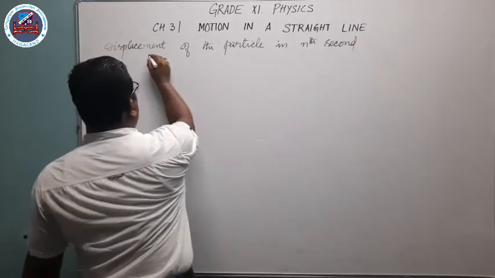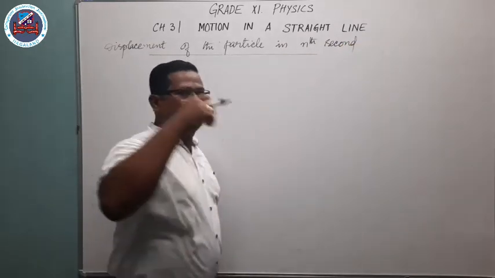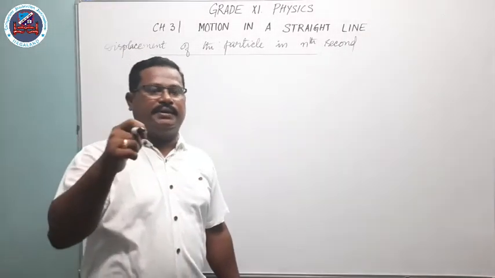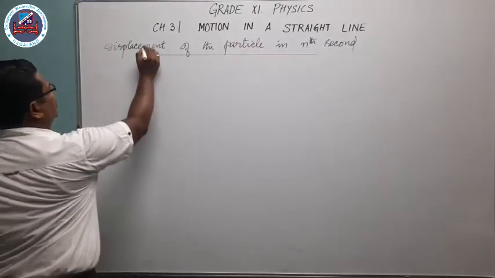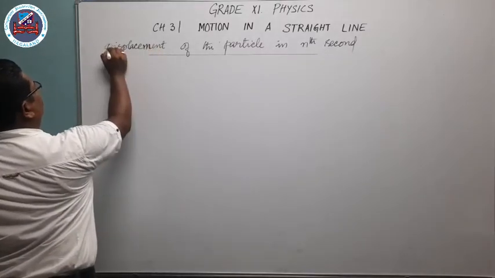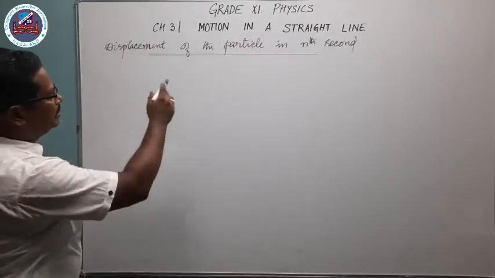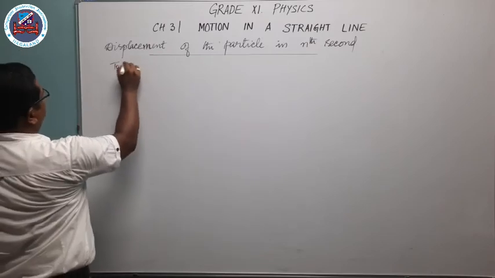Here nth second means in that particular second, 5th second, 6th second or 7th second, in that particular instant of time. How can you find out the displacement? Let us see. We have a formula for this. To find the displacement of the particle in the nth second,